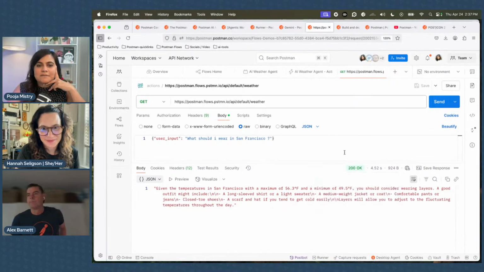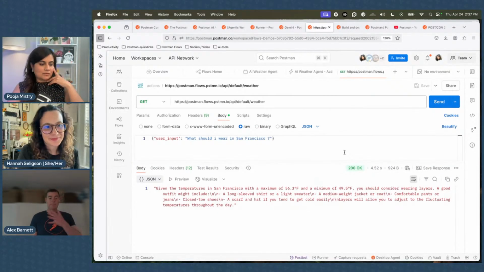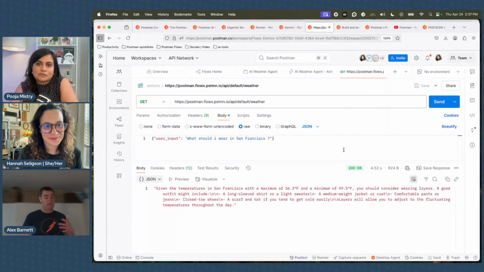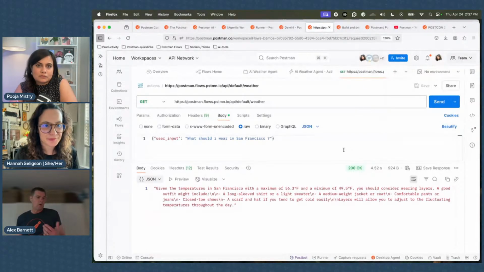Yeah, Pooja, I'm so excited about this new feature that you just mentioned, which is now I've got my workflow. It's defined, it's working, I've tested it, and I'm happy with it. Now I can deploy it, and I can also provide an endpoint to that as an API, which I think is super interesting, because the question becomes, well, great, now I've built this workflow. How do I make it real in the real world?